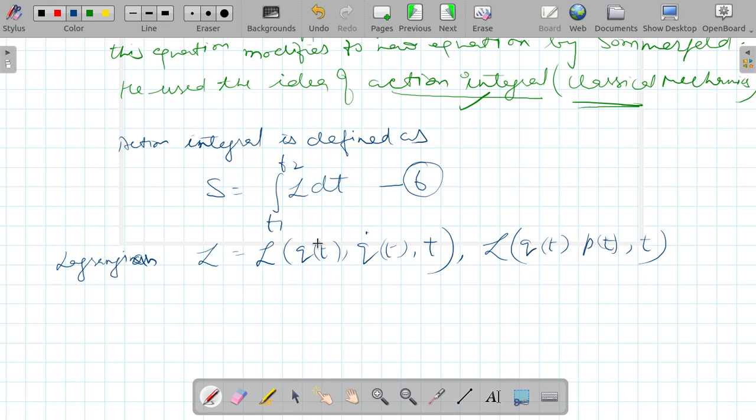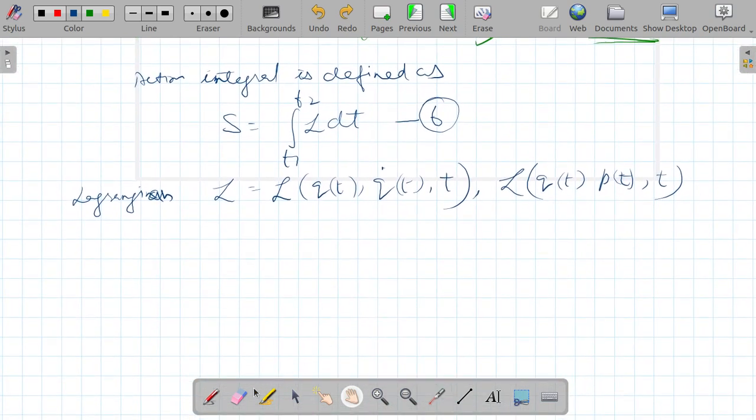We can also define another integral S naught as integral of p dq,